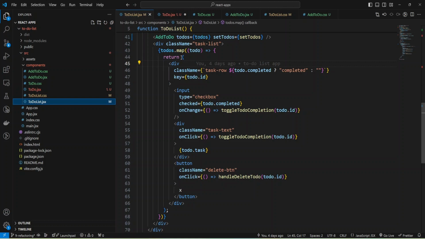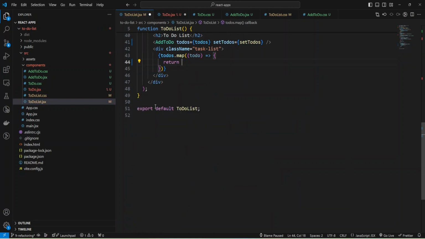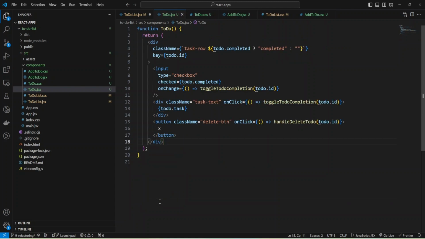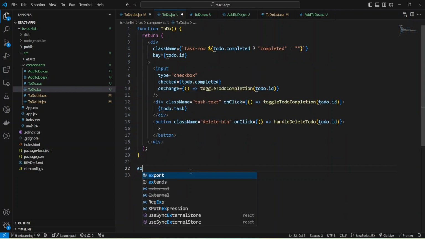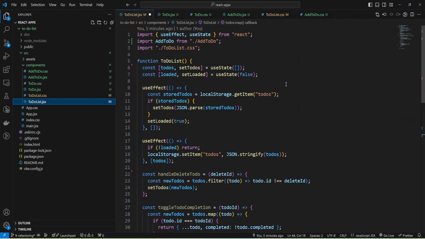It'll be that. And we can remove this. Okay, and now I can add export default Todo, and import my Todo into my todo list.